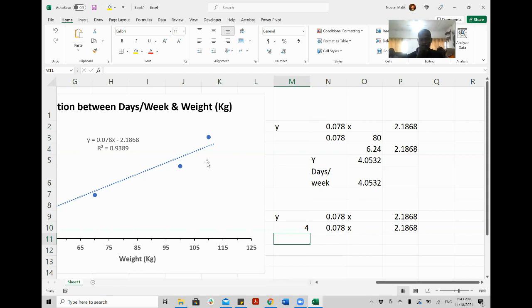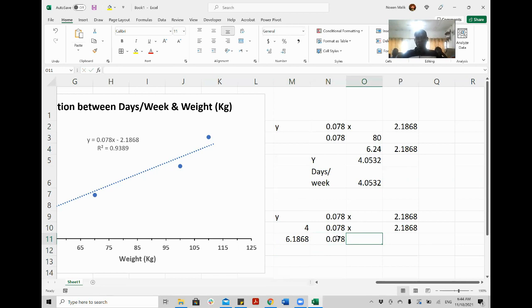We have to move this whole equation. When you move this 2.1868 to the other side, to the Y side, it will turn into plus sign, because minus will turn into the plus sign. Any sign will turn into the opposite sign. It is the mathematics basically. So in mathematics, you do this 4. Basically, I am moving this to the other side. So 4 will be added to this number and this number will come up. Okay.